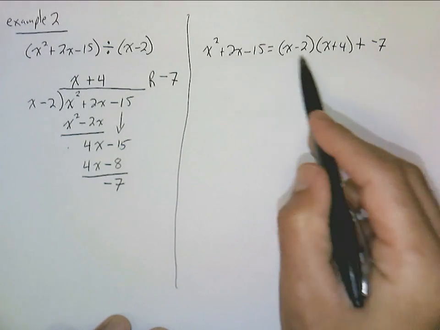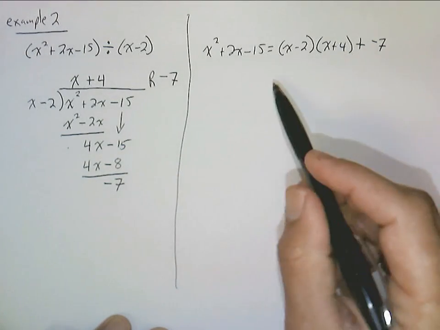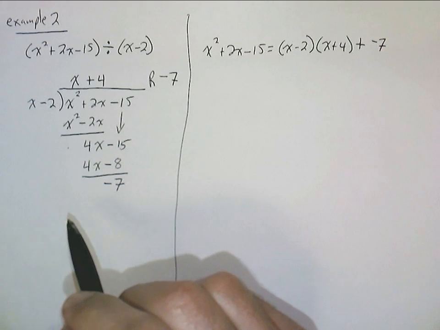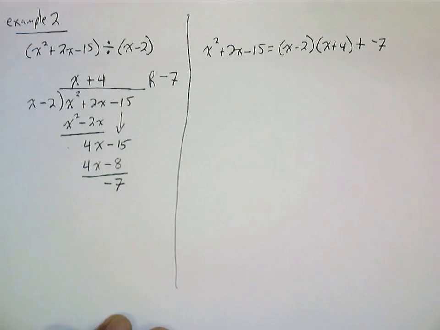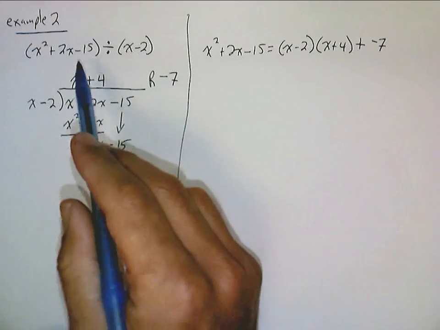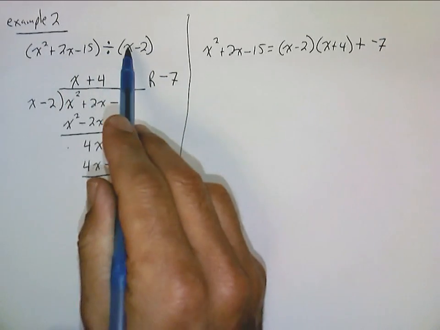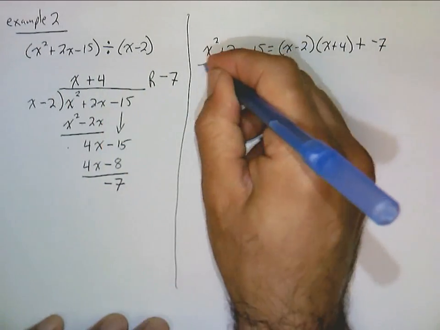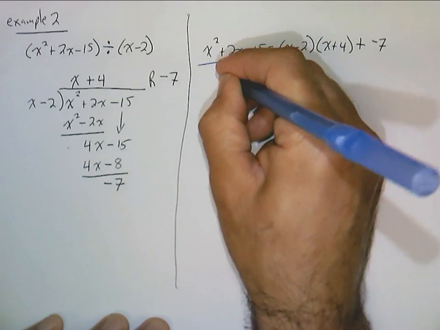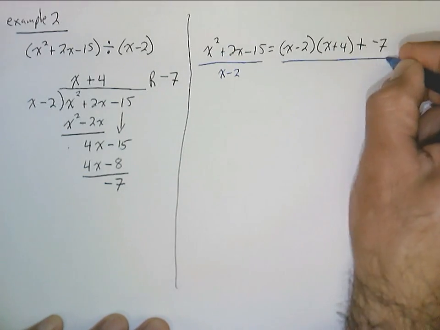And if we multiply this all out and then add and simplify, we'll get right back to here. I invite you to check that. Or, alternatively, what we could do is, if we really want to see the ratio here of this quadratic over this linear, if we divide both sides by x minus 2,